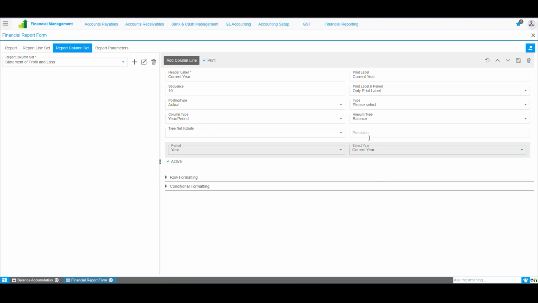In that case, we can set the precision to 0. However, for actual data such as the current year, we may want to display figures according to the currency precision. If left blank, the system will use the reporting currency precision defined in the report header. If the column type is set as year or period, the system will ask for the specific period or year